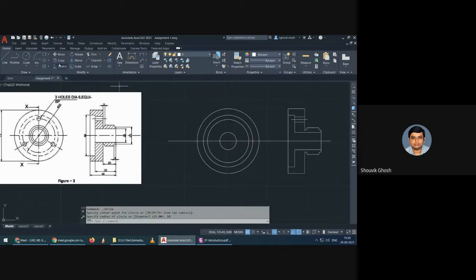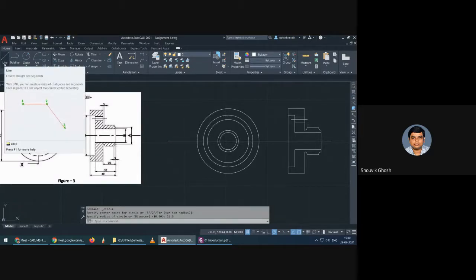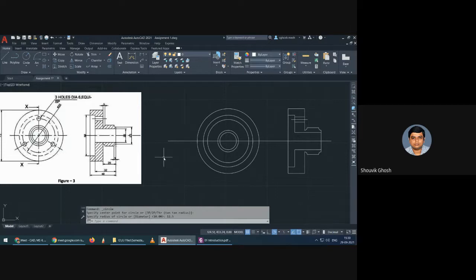Then 12.5. There are 3 actually. 25, 10, 3, 28.